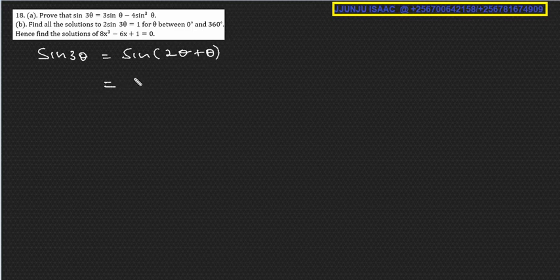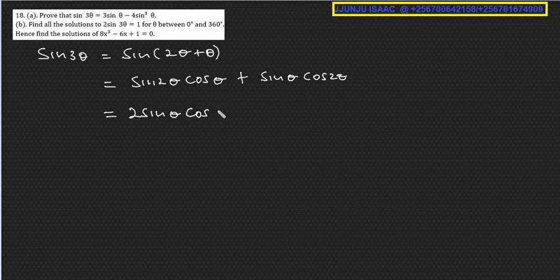So expansion of this will give us sine 2 theta cos theta plus sine theta cos 2 theta. So this will give us, now this one is the same as 2 sine theta cos theta times cos theta, so I just put a square here, then plus,